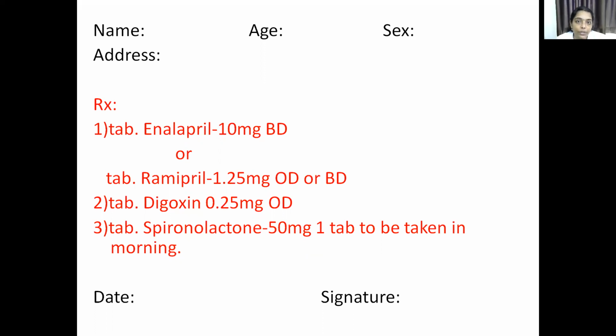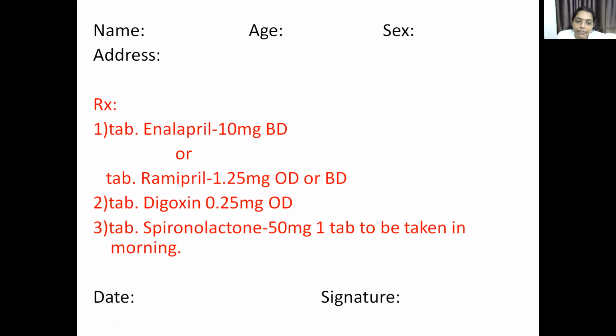In addition to that, one more disadvantage of these is they cause a very high disturbance in the electrolyte balance. Okay, the electrolyte balance in the body is disturbed. So that might lead to side effects like arrhythmias. So in order to overcome all these, spironolactone is a better diuretic which can be combined in the treatment regimen along with ACE inhibitors. So the diuretic spironolactone, how does this act? This is an aldosterone antagonist. So it is directly blocking the action of aldosterone. Okay. Then one more thing is this also prevents the cardiac remodeling from occurring. So this is a very effective diuretic which can be combined in the treatment regimen.